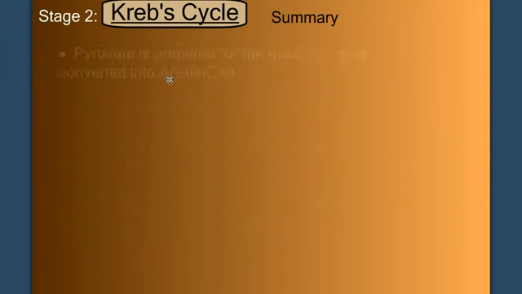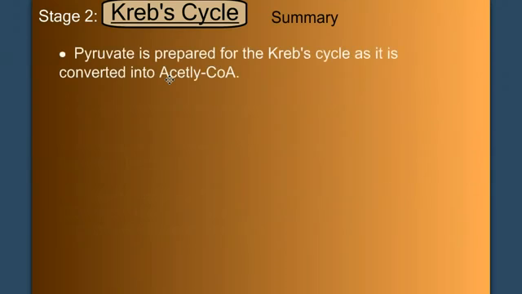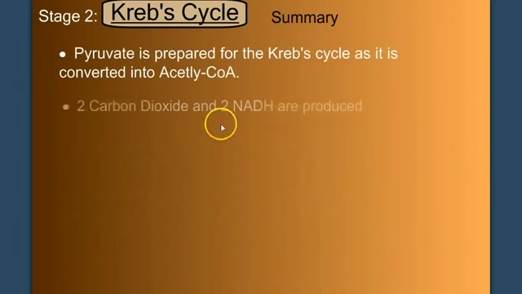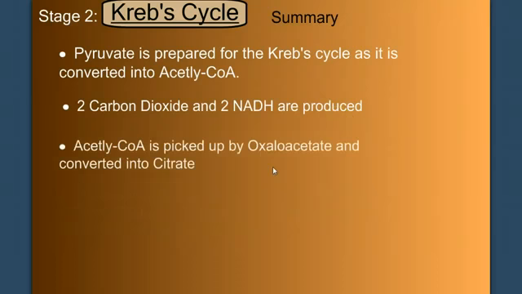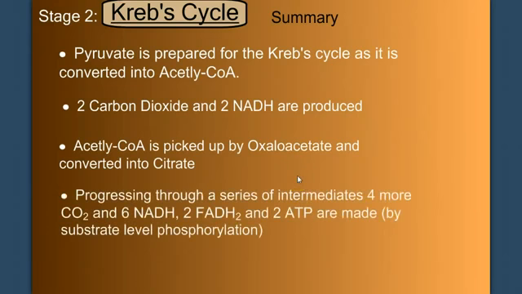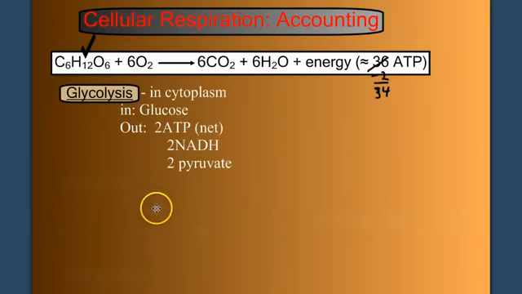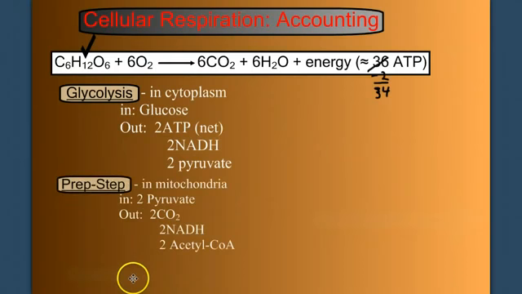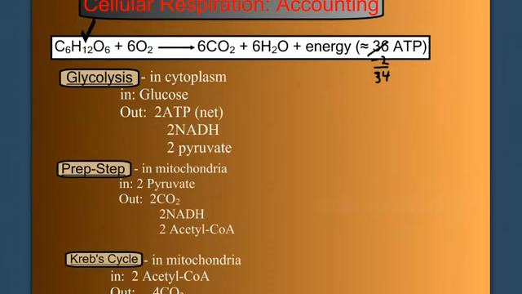So, the Krebs cycle. Pyruvate is prepared for the Krebs cycle as it is converted to acetyl-CoA. 2 carbon dioxides and 2 NADH are produced in this prep step. The acetyl-CoA is picked up by oxaloacetate and converted to citrate, and then progressing through a series of intermediates, 4 more carbon dioxides, 6 NADH, 2 FADH2s, and 2 ATP are made, ATP made by substrate level phosphorylation. And for our accounting, here we add the prep step and the Krebs cycle to this page,